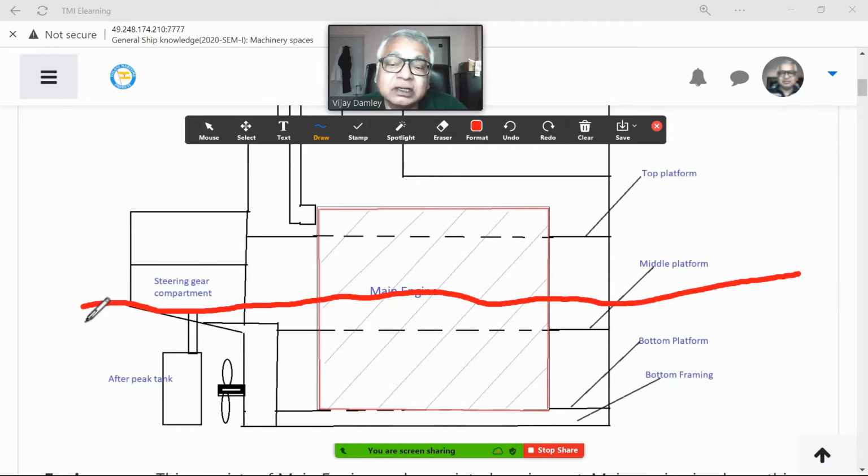Another thing I forgot is that all these internal combustion engines need cooling. Like every car has coolant and a radiator which cools down the engine. Similarly, we have a more elaborate cooling system with seawater: first stage is freshwater cooling, and then that fresh water is cooled by seawater. In spite of that, the efficiency of all internal combustion engines is up to a limit of 35 to 40%.